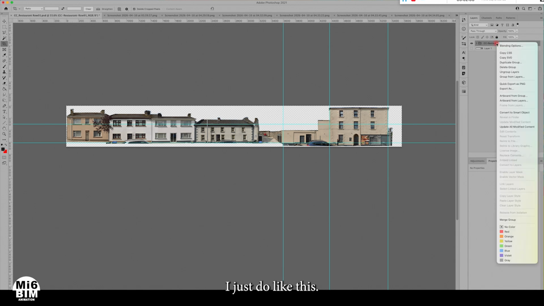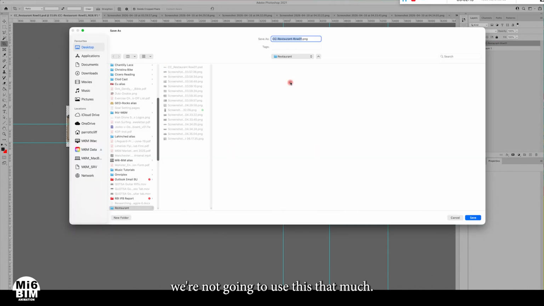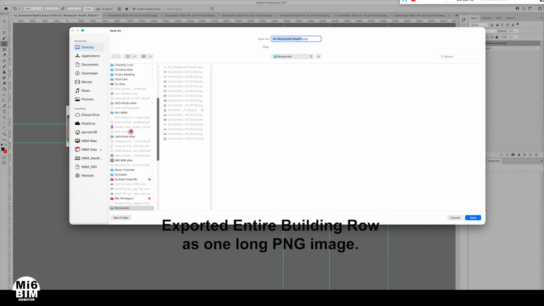I just do like this. Quick export, PNG, simple. Like I said, we're not going to use this that much. I'm going to come into where I'm at, and I'm going to save it where I want it, and I'll bring this into